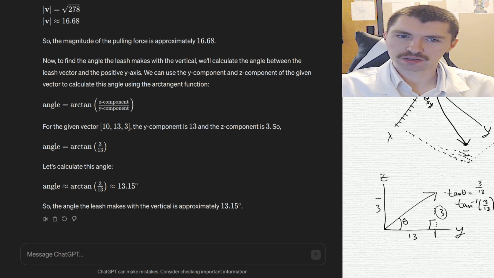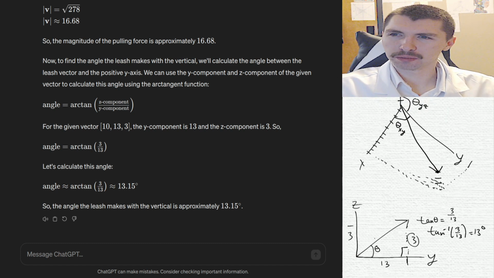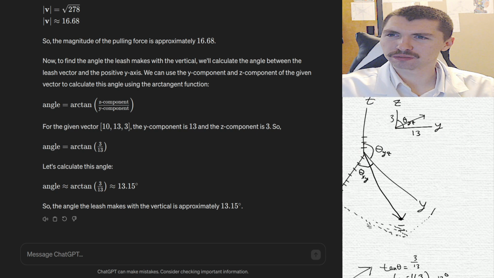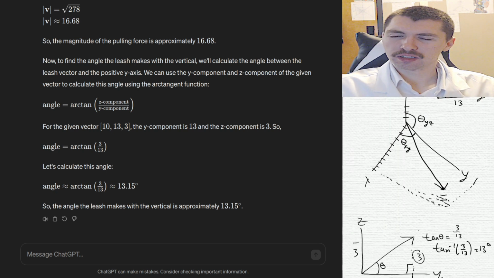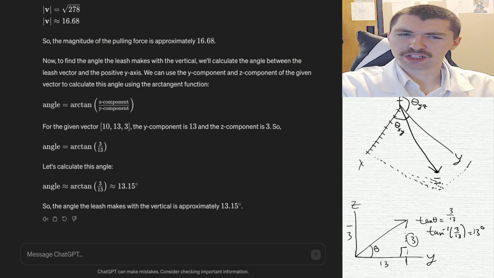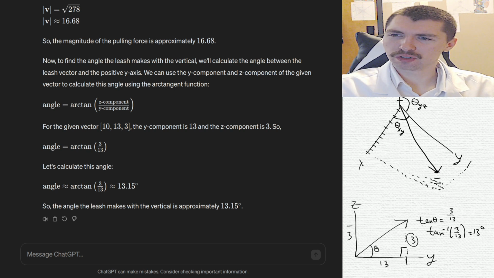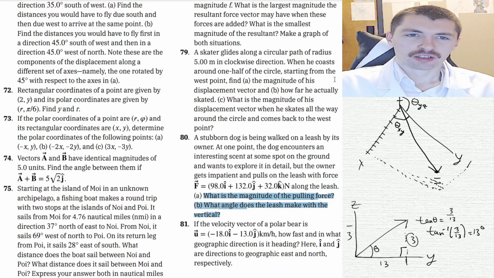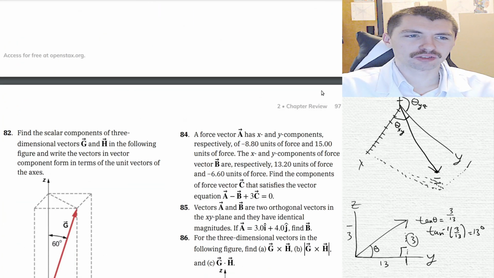Yeah, I think we could have got this if we were just better at drawing pictures. And we should remember the tangent, the TOA, when you need to find an angle. Magnitude, we didn't even need the magnitude for this. Okay,